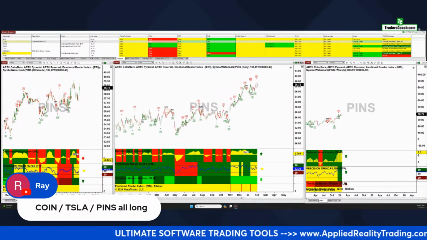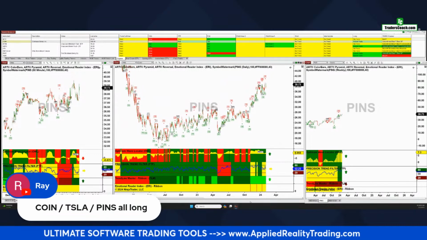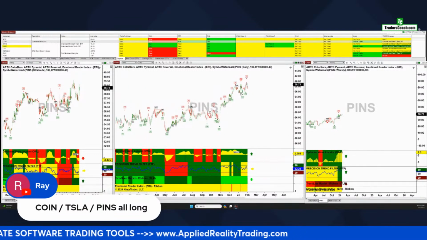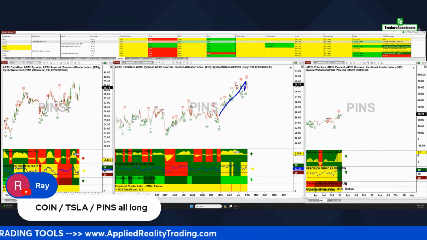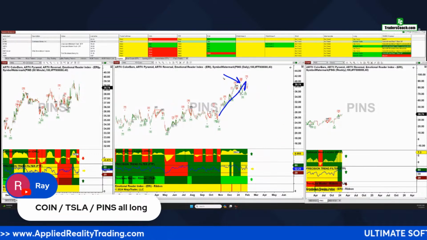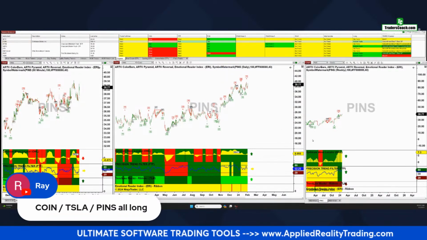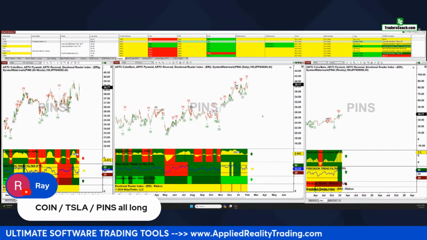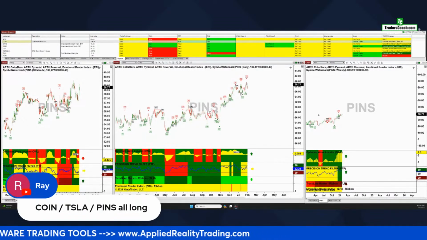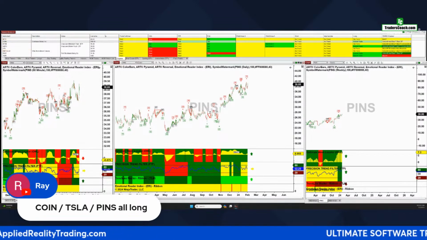I probably would not go into this, okay? Just for the simple reason that you're chasing the market at this point. Is it better to go in here or here? Here, right? Not here. So wait for a pullback and then let's take a look at it again. You might have a better risk to reward at that point. Tough to get a risk to reward on that. But if you're long already, you can stay long. There's nothing wrong with that. I just wouldn't go into it right now.